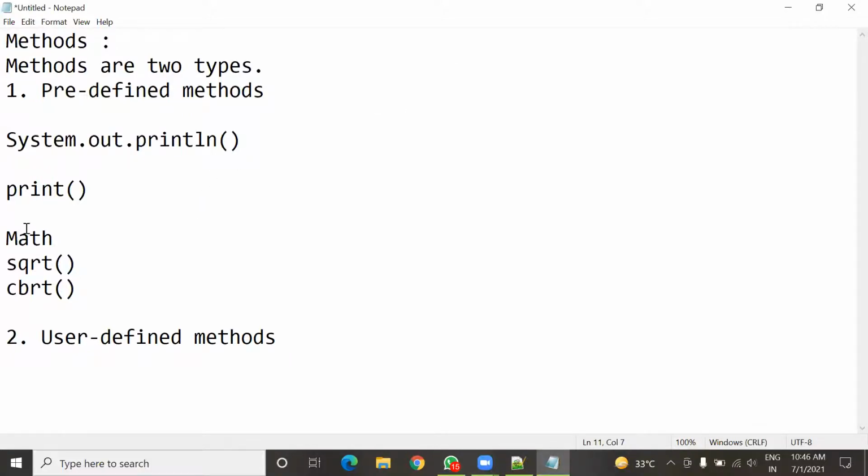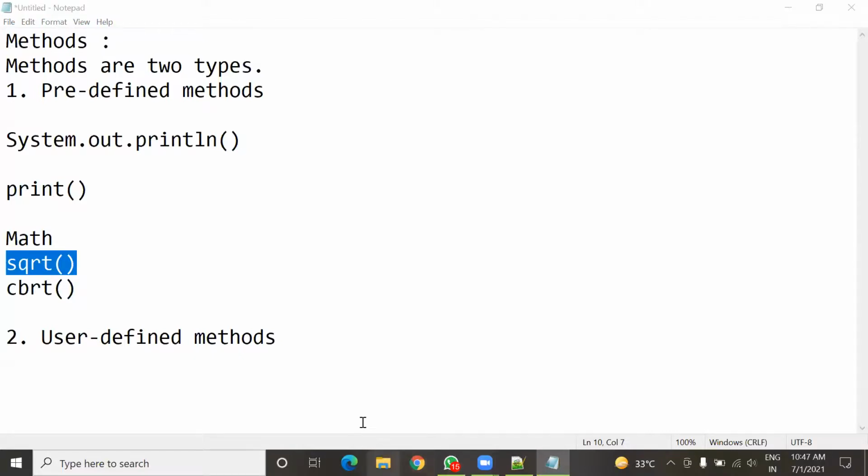It means some predefined methods are already present in Java, so that you don't have to write the program for such operations. If you want to find a square root, either you can write a whole program to calculate it, or you can use the sqrt method as it is already defined in Java. So here you have two options.